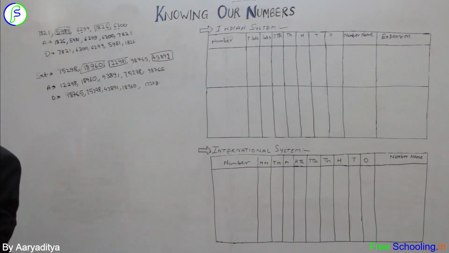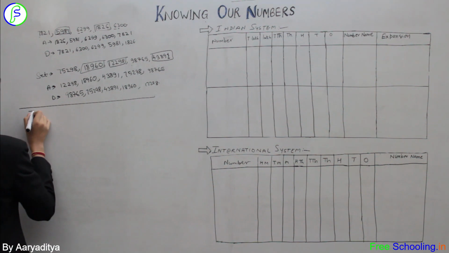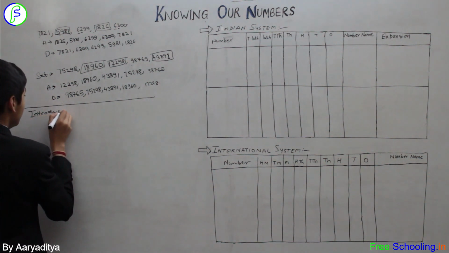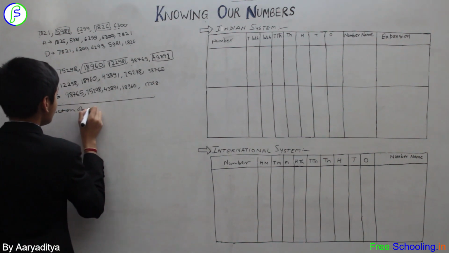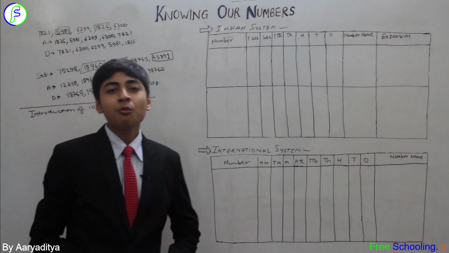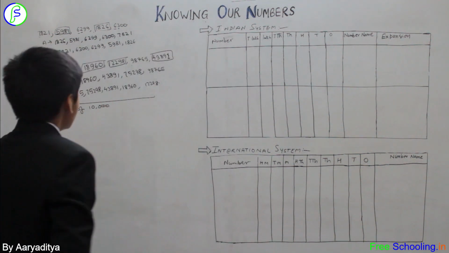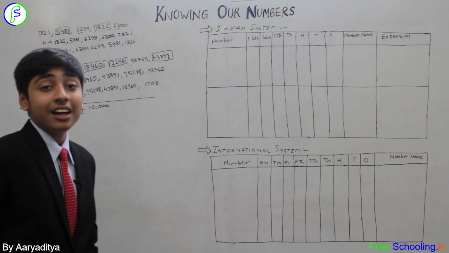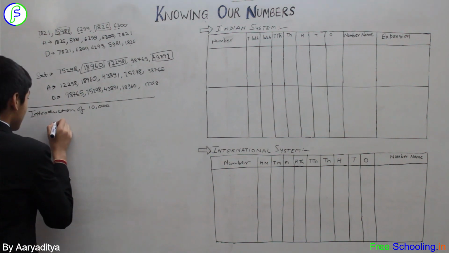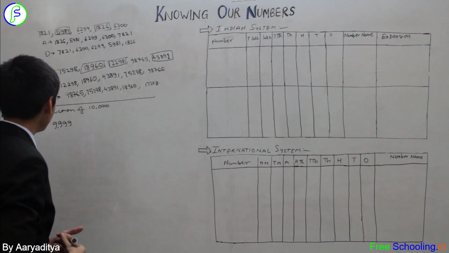Now, let me give you an introduction of 10,000. Now you might be thinking, what is the introduction of 10,000? We all know what is 10,000. But let me explain you with another way. So suppose we have a 4-digit number, the largest 4-digit number. We have 9, 9, 9 and 9. Let me put a comma out here.